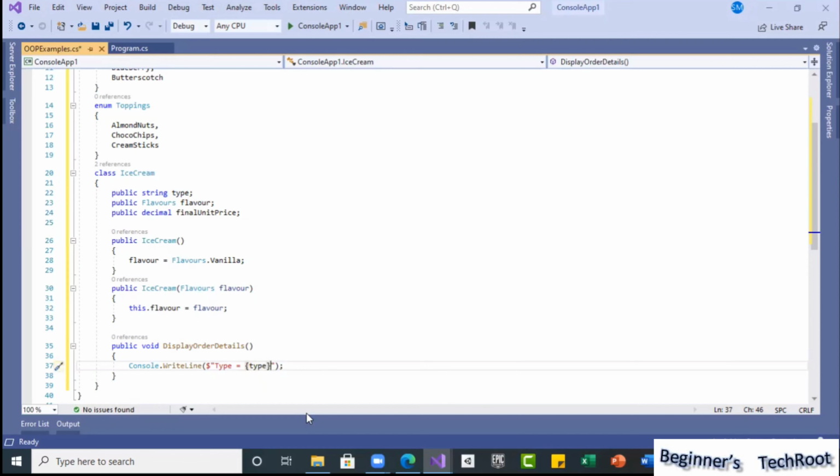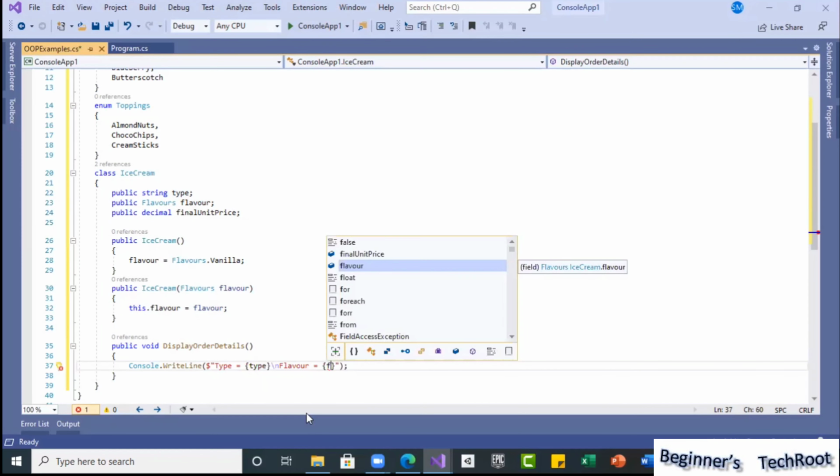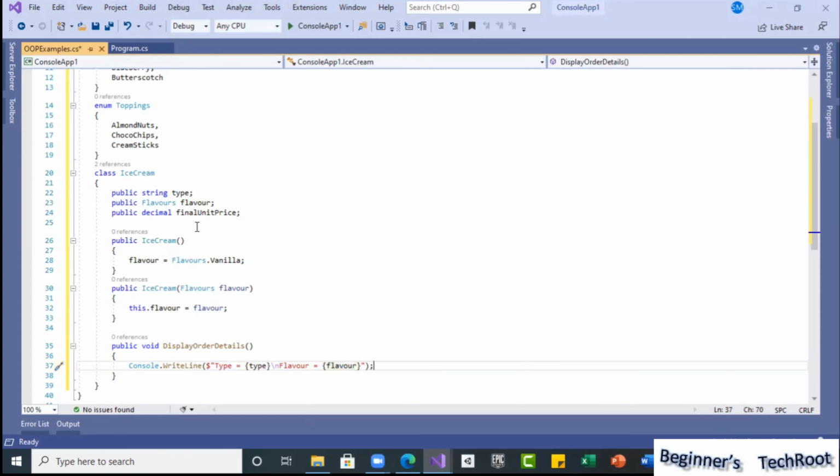Every detail I will display on a new line, and then the flavor, whatever the variable we defined for the flavor. So these are the basic details available. Even the final unit price is there. I am trying to display the final price along with other details.